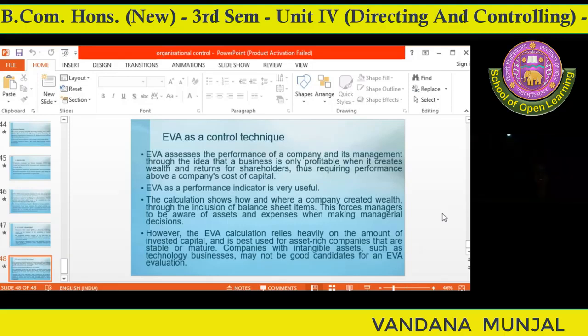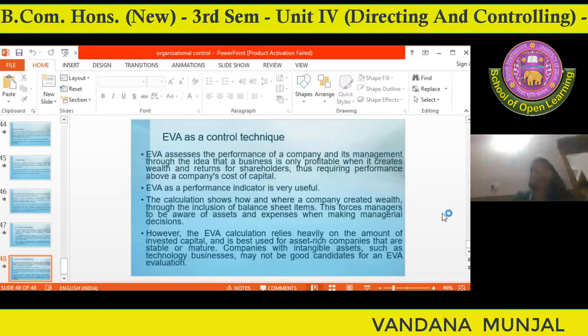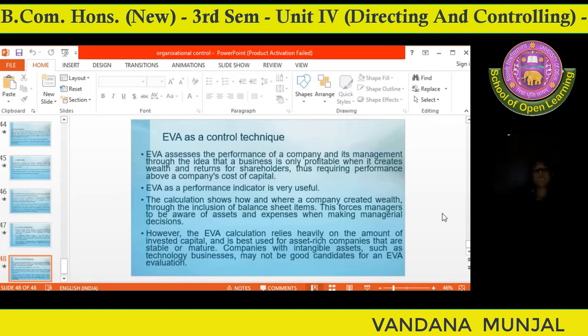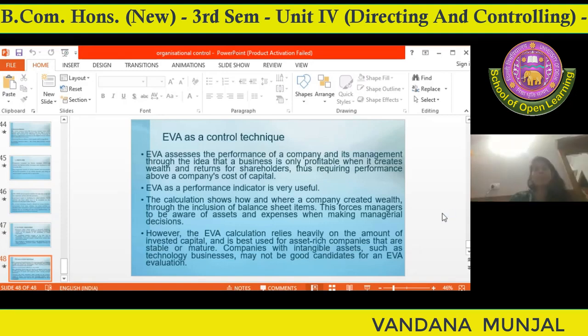However, the EVA calculation relies heavily on the amount of invested capital and is best used for asset-rich companies that are stable in nature. Companies with intangible assets such as technology businesses may not be good candidates for an EVA evaluation, because in asset-rich companies the fixed cost is higher and their amount is larger, so economic value added makes more sense there than in companies where the proportion of variable cost is higher. Okay, so these are the